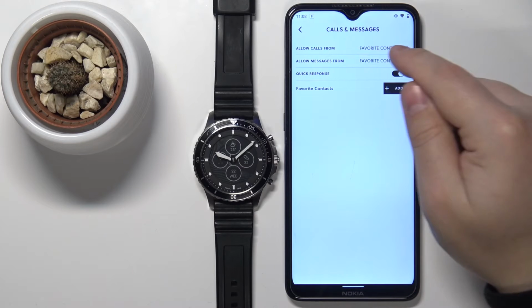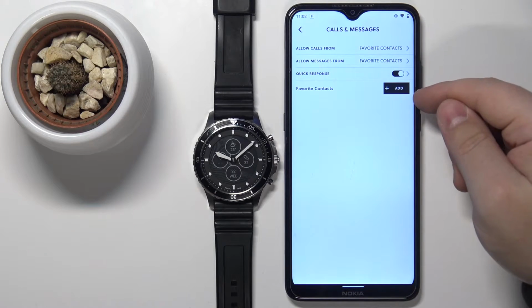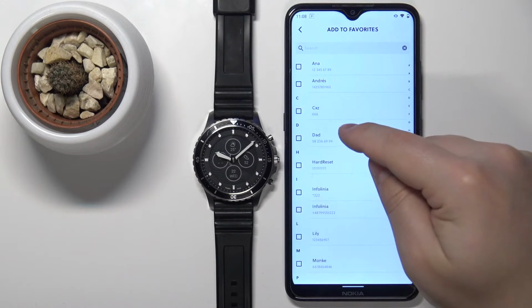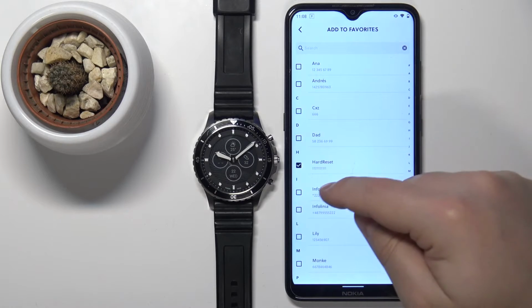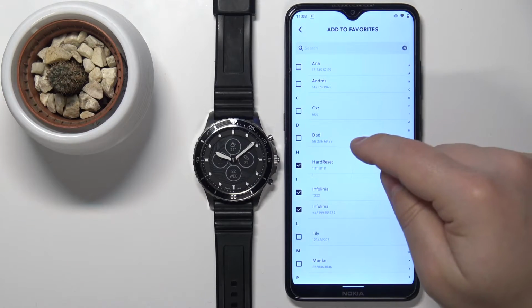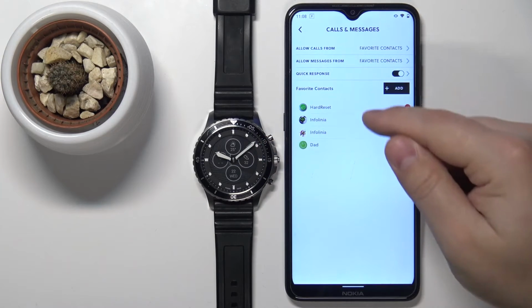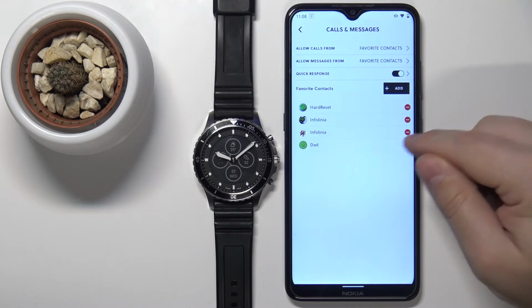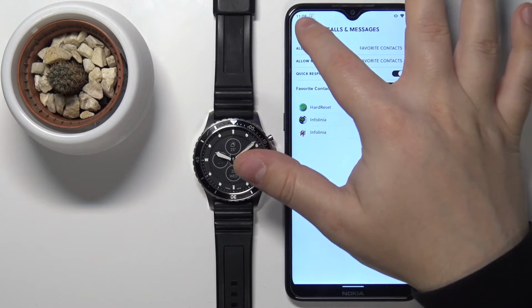And if you want to use the favorite contact option, you can add favorite contacts right here on the list by tapping on add. Find the contact you'd like to use, for example, this one. Check the accounts you want to use as favorite, and then go back. And here we have the list of contacts. You can remove them if you want by tapping on the remove button like that. Okay, let's go back to the